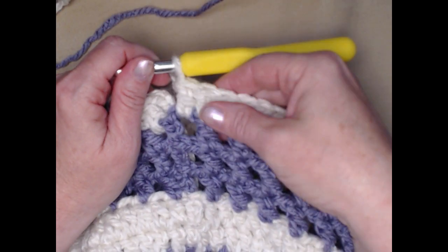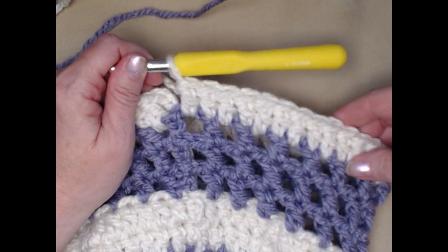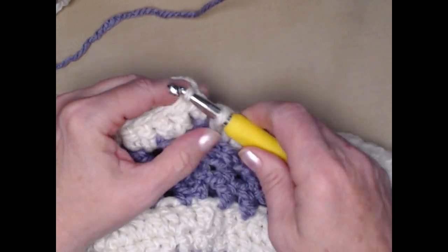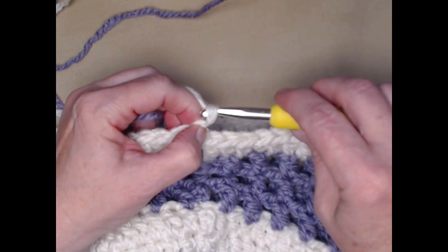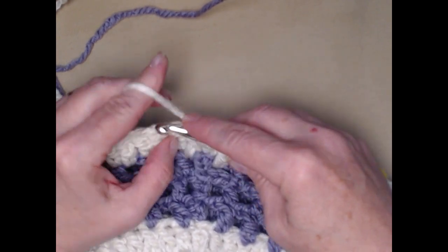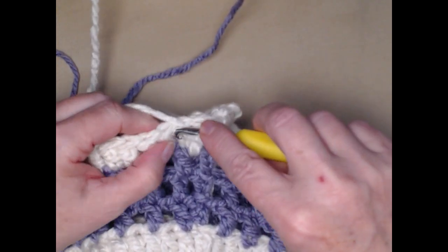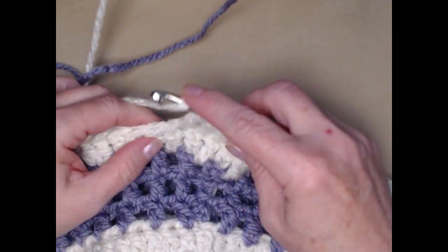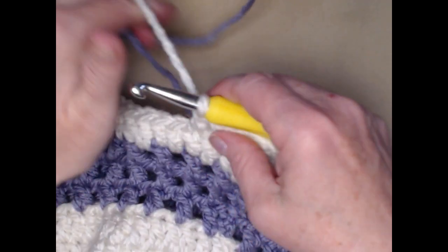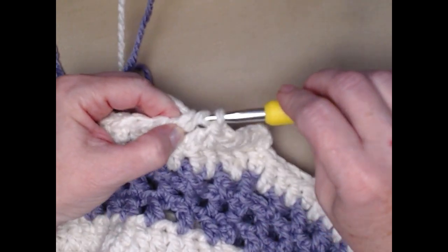So I finished that row of double crochet, stitching 1 double crochet in the double crochet and 1 double crochet in the chain 1 spaces between. We're going to join to the top of our chain 3. There we go, with a slip stitch and chain 3. And this row we're just going to repeat what we just did. 1 double crochet in each double crochet around. We'll stitch this all the way around, join to the top of that chain 3, and then we're going to